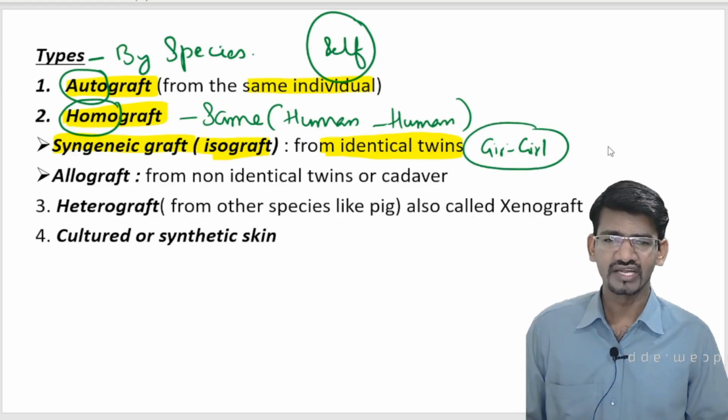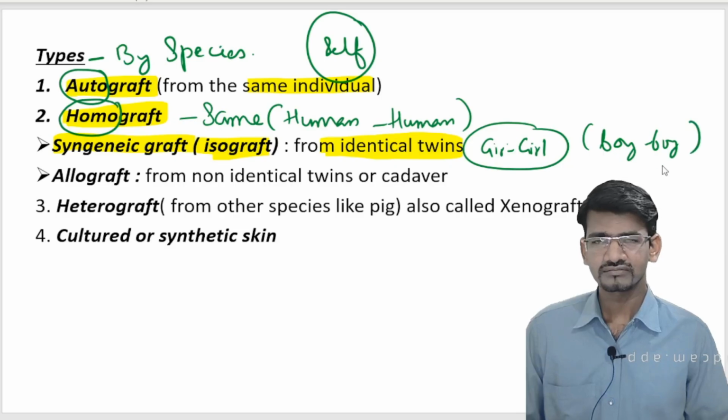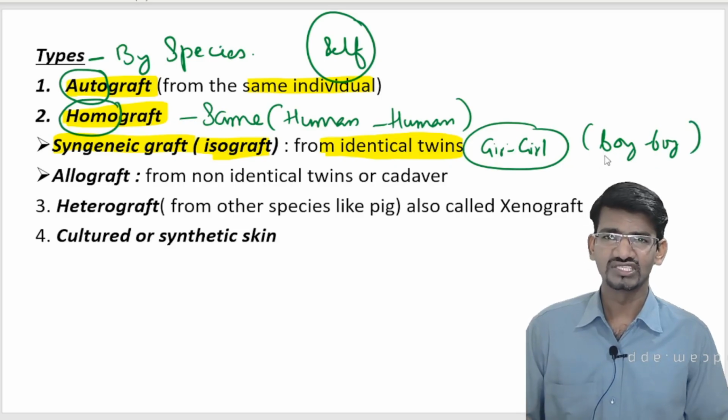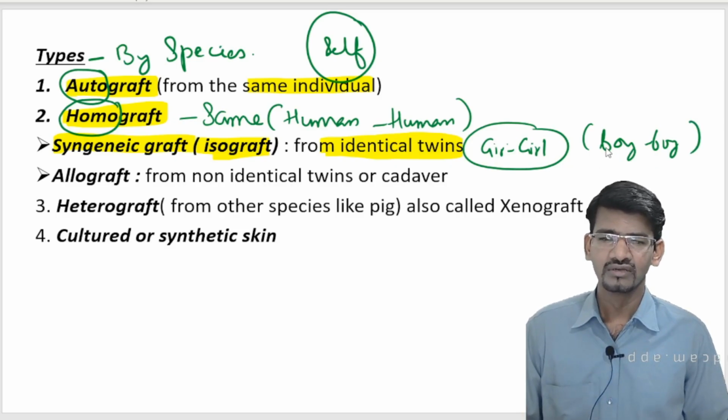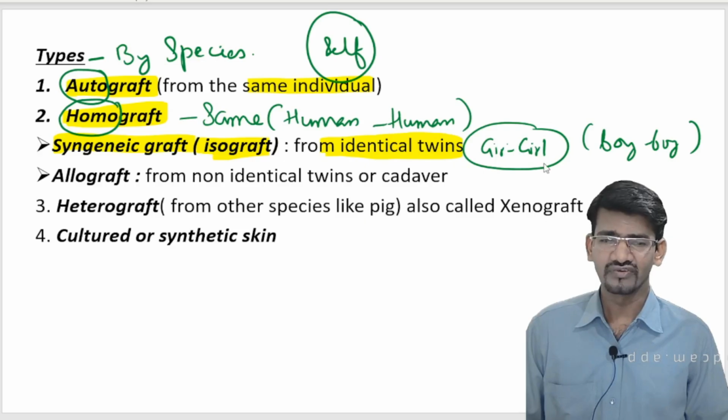So this is called identical, a boy and a boy, both are brothers, or girl and girl, both are sisters. Such kind of twins, we can take the healthy skin from those identical twins. So this is identical. Many students will get